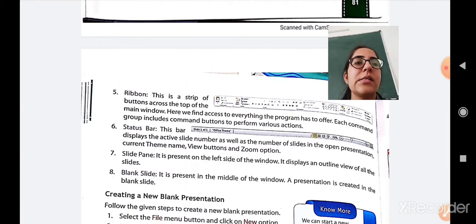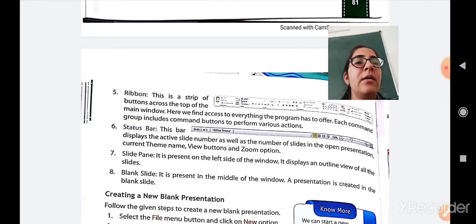Next is the status bar. This bar displays the active slide number as well as the number of slides in the open presentation. For example, the status bar is located at the bottom of the screen. It is the last bar of the screen. What does it contain? The status bar will contain the active slide number and the number of the slides.